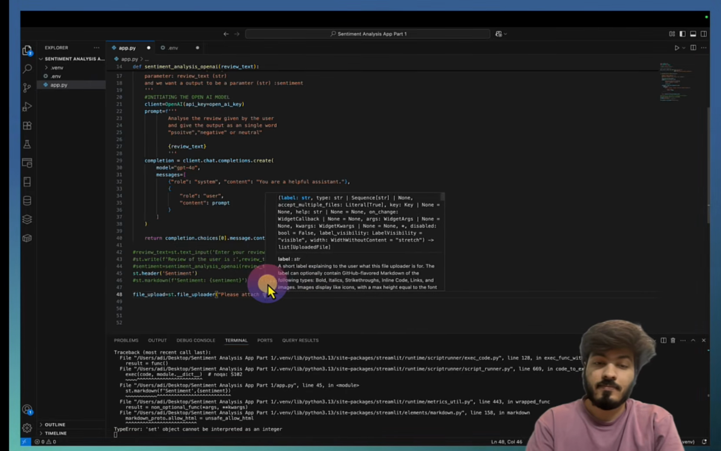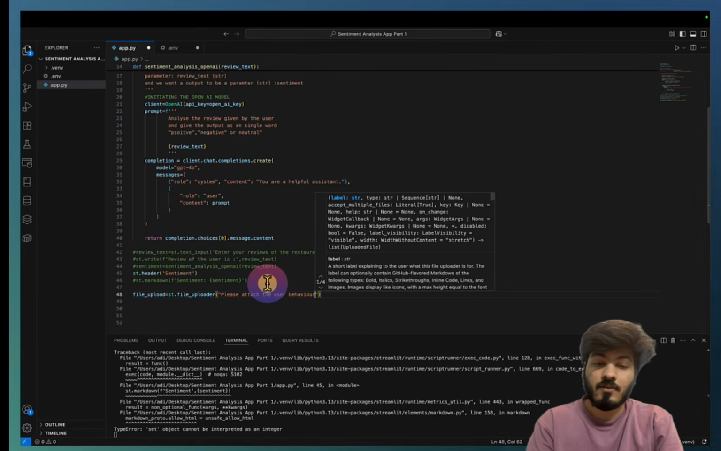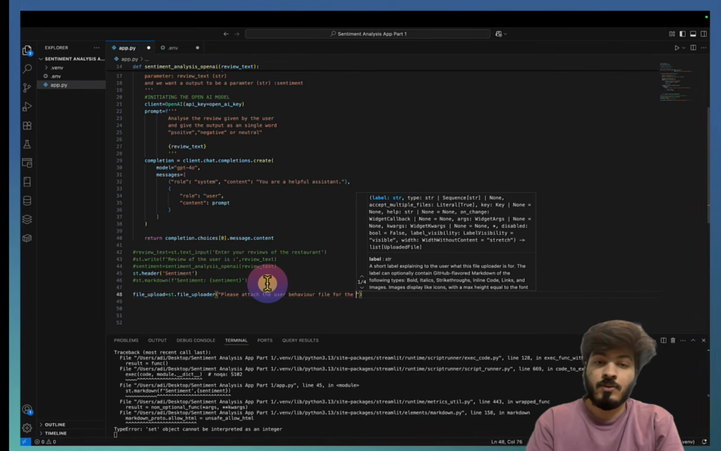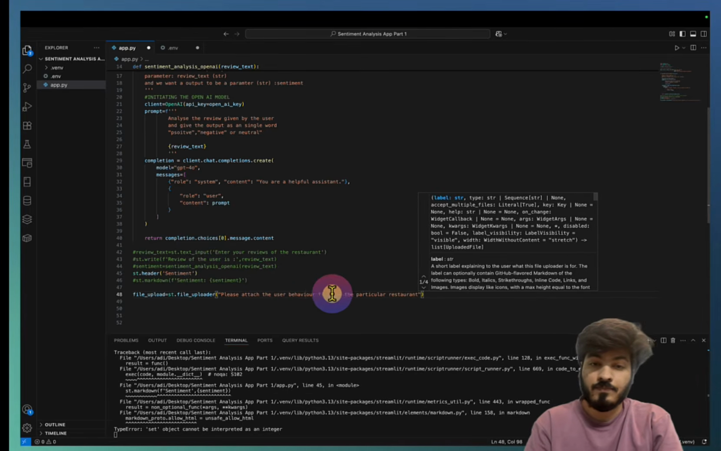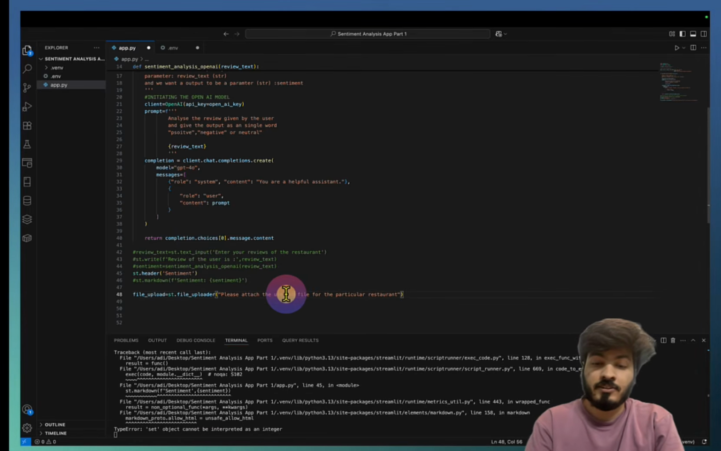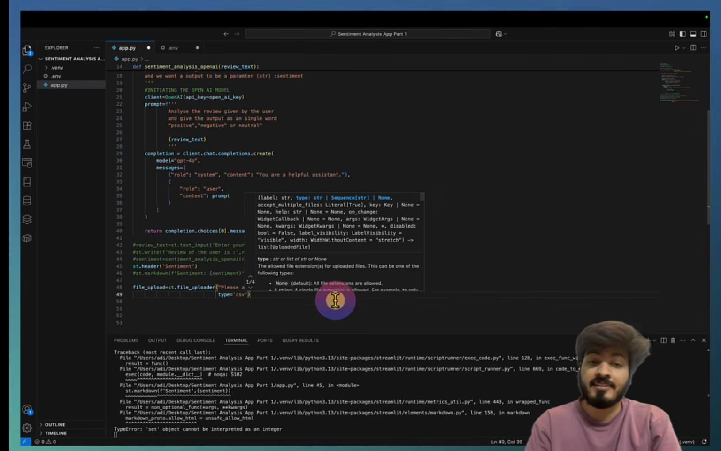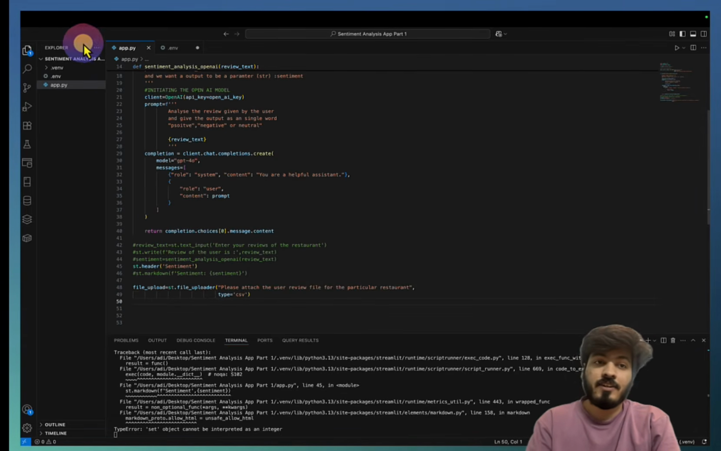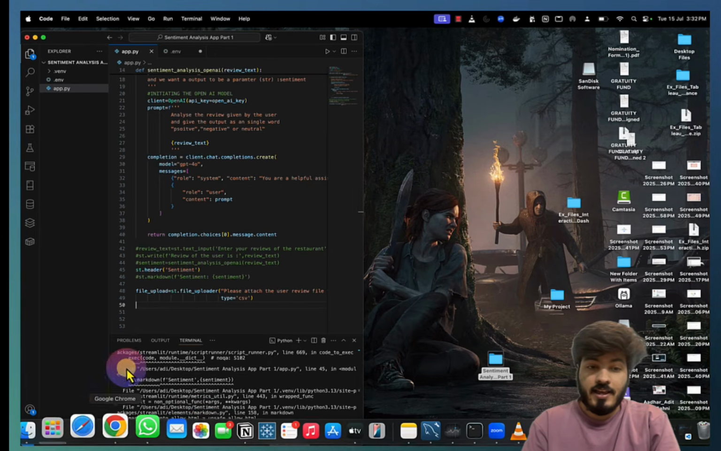Please upload the user review file for the particular restaurant. Okay, user review I can just write instead of behavior. And comma, I can give the type as, for example, I only want to provide a CSV file. Okay, if I save it and move it a little bit to the left-hand side,